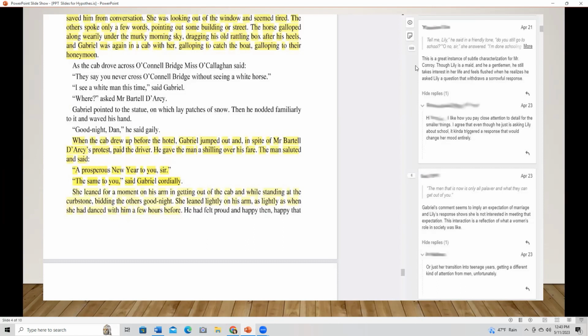The other thing I want to point out is this little icon up here. It looks like an eye. I'll show you how this looks on Canvas, but if you click on it, you can toggle it back and forth, and it hides all of the annotations except yours. If you've got 40 students who are all annotating, it can get really, really crowded.